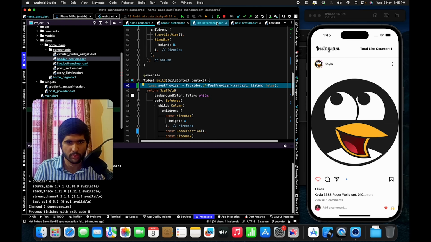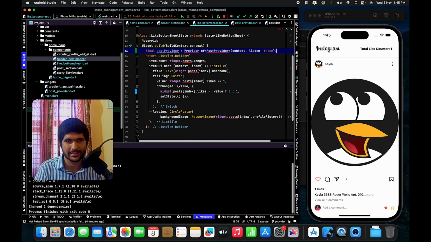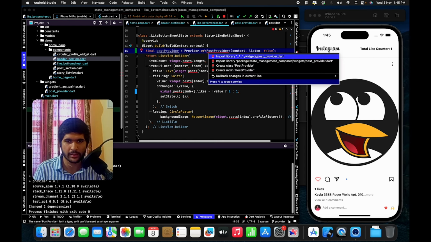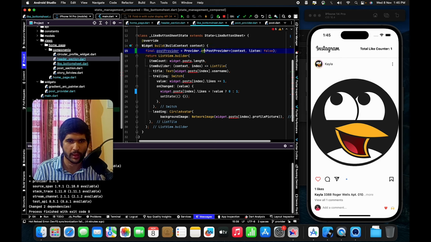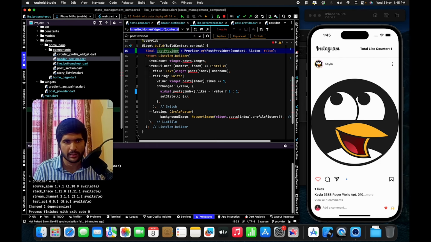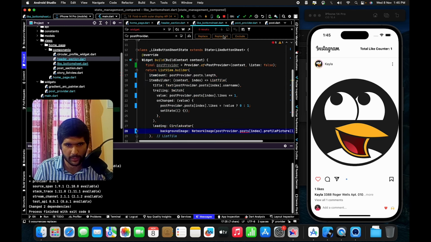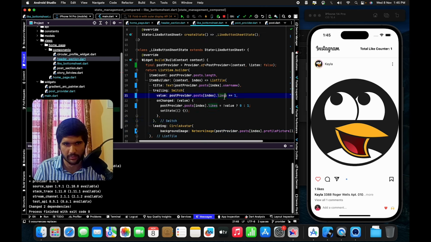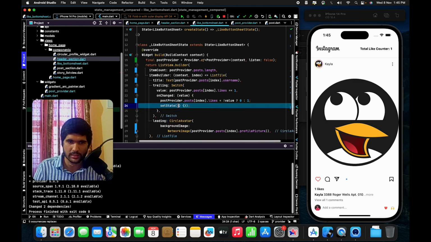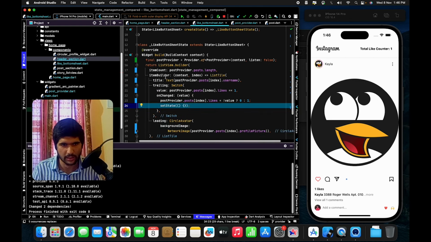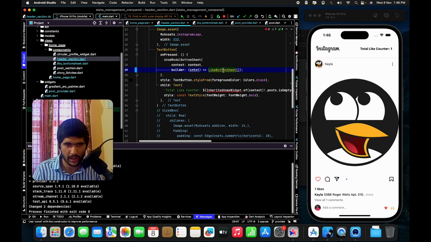I'll copy this post provider and I'm going to paste that inside the build method as well. Let's import provider as well as our post provider model. Now let's replace the widget dot with post provider dot and hit replace all, so that will replace everything for us, right? And instead of using setState, we will not be using that anymore. Next, let's go back. I can add a const now, and